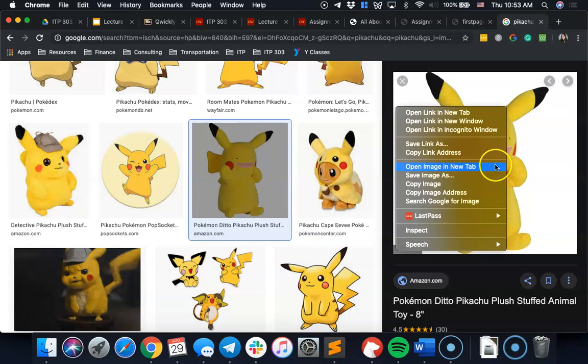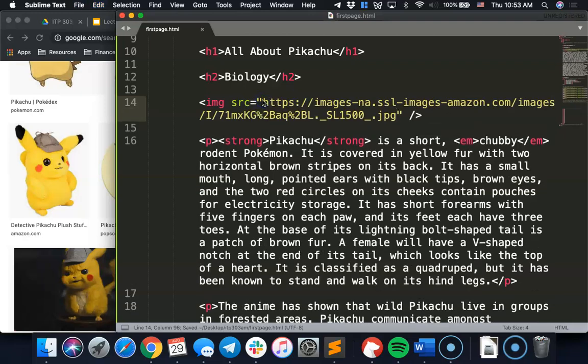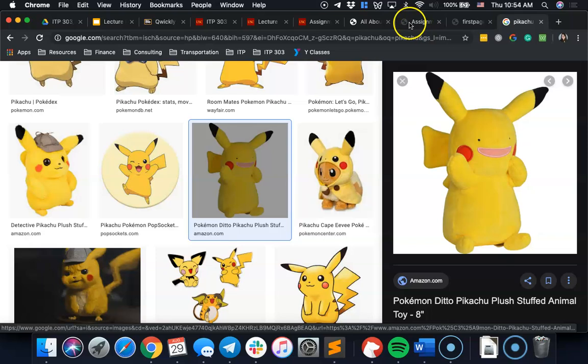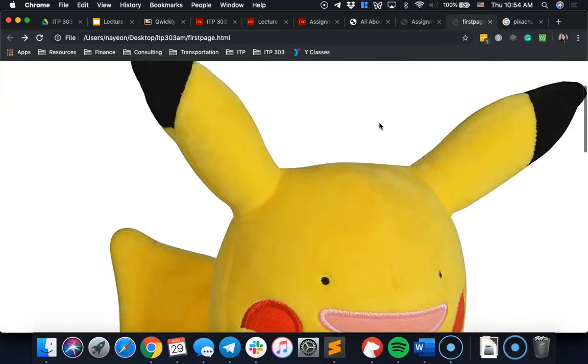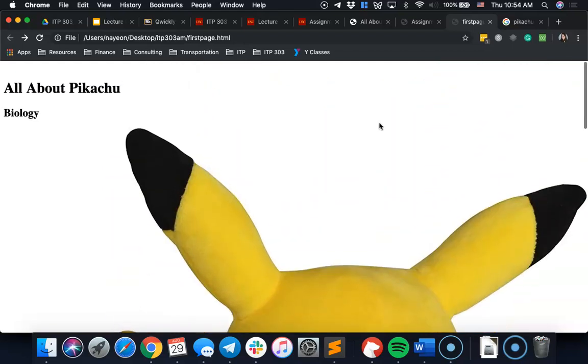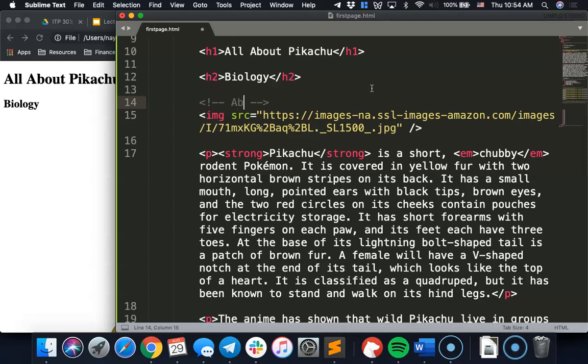If I right click on this and do copy image address, I can use that. Okay, this is one method. We call this the